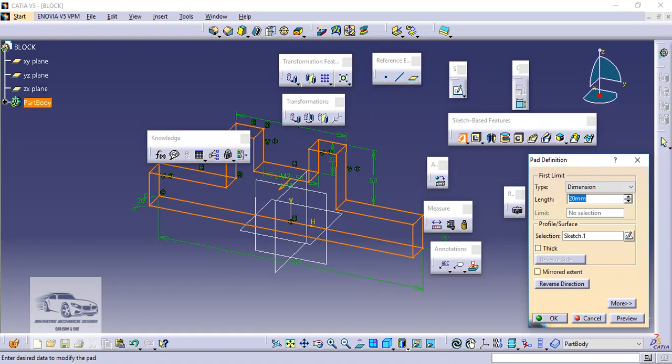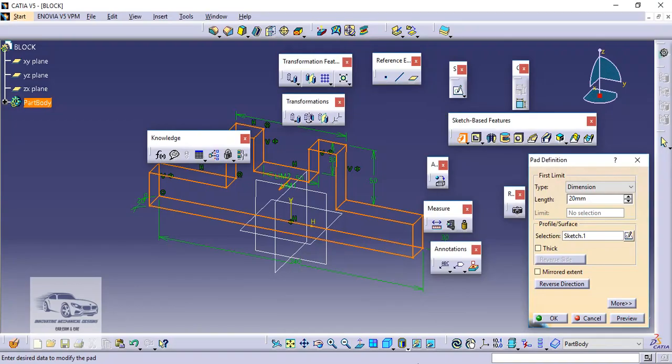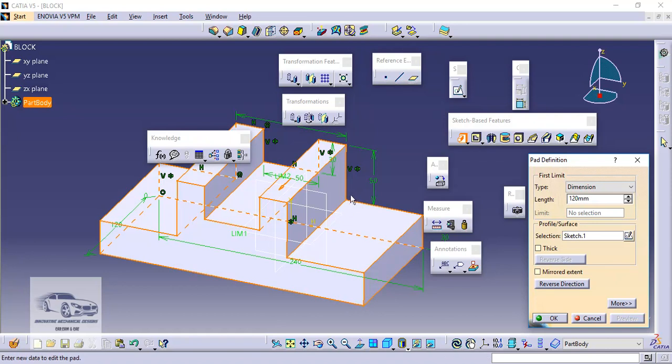Again, if I look at the drawing, the depth of 120 is added from the center equally on both the sides. Now for example, let us say if I don't maintain the centric condition, and I only give a value of 120, the material will be added by default to the front side of the sketch, one sided only.